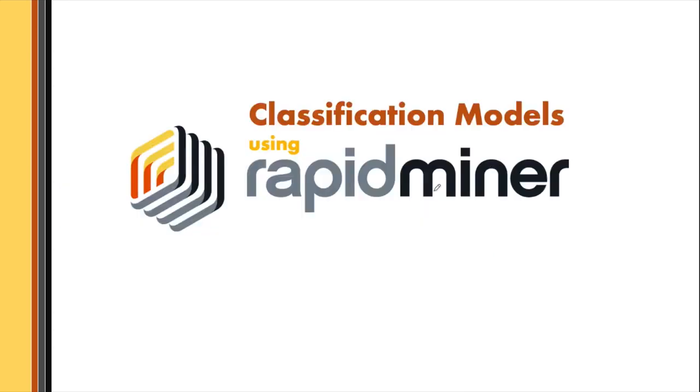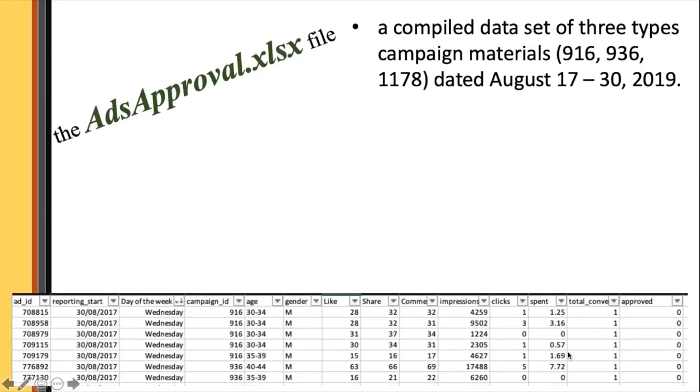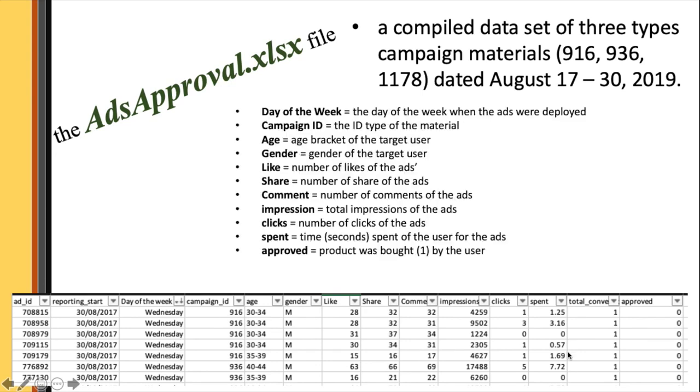Now let's perform a classification technique using RapidMiner. We're going to open the file adsapproval.xlsx, which is a compiled dataset of 3 types of campaign materials dated from August 17 to 30, 2019. The attributes will be as follows: the day of the week, which is the day of the week when the